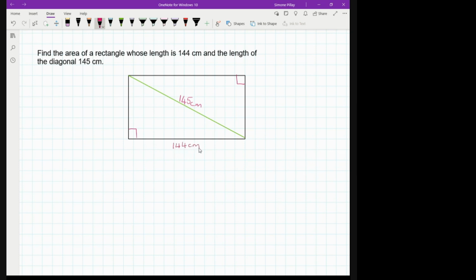It can be the top side because with properties of a rectangle, remember we have opposite sides that are equal in length, meaning this side is equal to this side. Yes, ma'am. So again, properties of quads super important because it will tell us that if this side is 144, it means my top side is also going to be 144 centimeters. You with me there? Yes, ma'am. Okay, now what are we doing? Ma'am, we're gonna say a squared is equal to b squared plus c squared, while 145 squared is equal to 144 squared plus c squared, and then